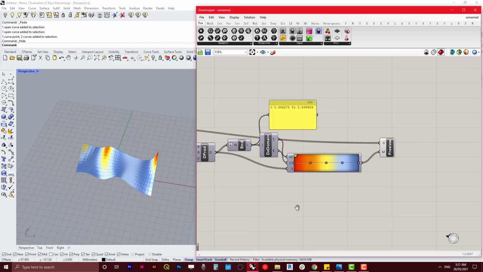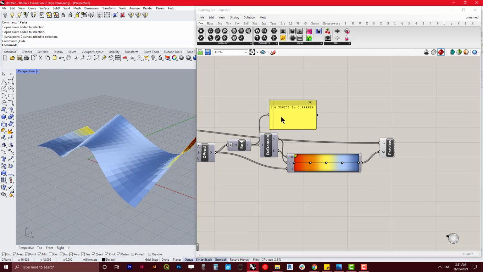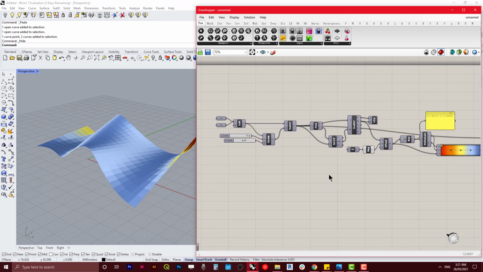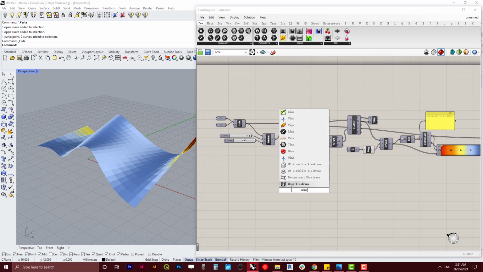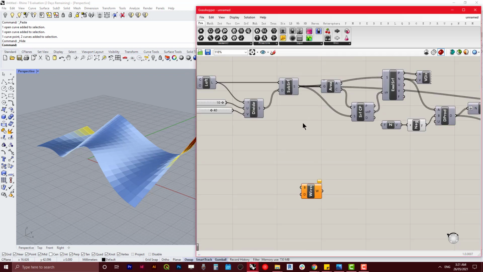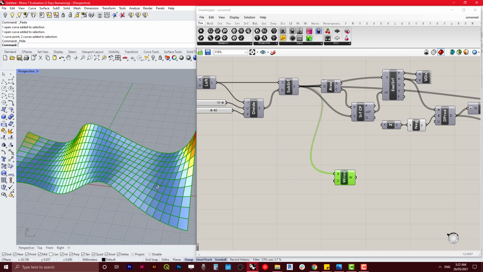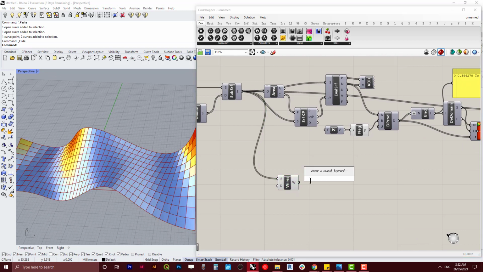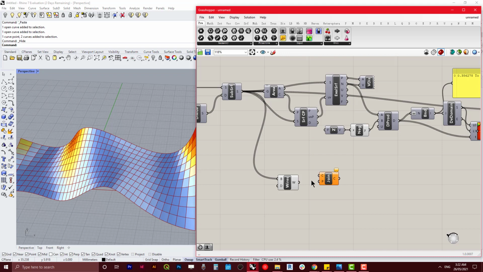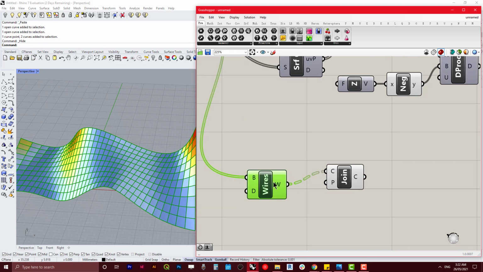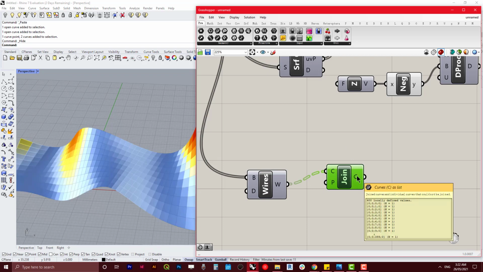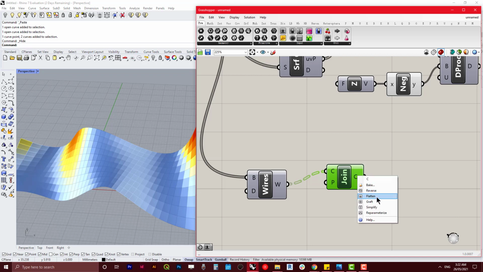So how are we gonna manipulate the surface with the numbers we've been given? One method we could use is the wireframe to extract the four edges. Yep. And then we need to join them, using join curves, to join them into each single panel. So it will come up to a grafted result. We may want to flatten it, so